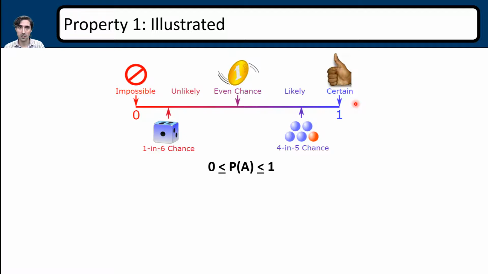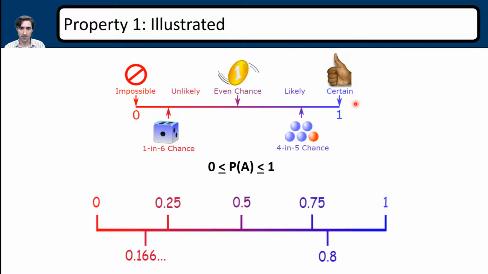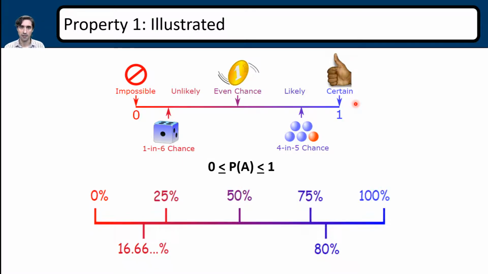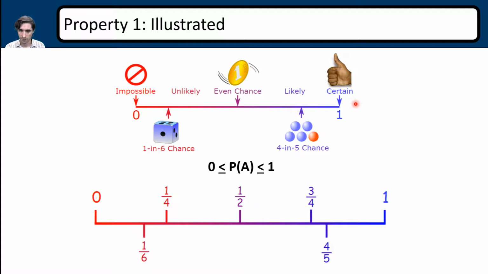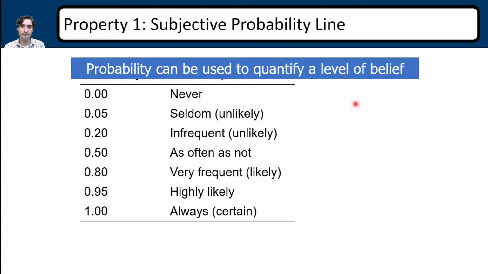And then you can go all the way up, and if you get a 1 on something, then you are 100% positive. I'm trying to give an example: if I run into a wall, the chance of me actually hitting the wall is 1. It could be 0.9999999, but I'm just going to round that up to 1 at that point. Something that obvious, it's a silly one. Hey, I was right on that: 0.166 repeating. This is just giving you the spectrum from 0 to 1 for property 1. There it is in fraction form. Okay, this is a subjective probability line.